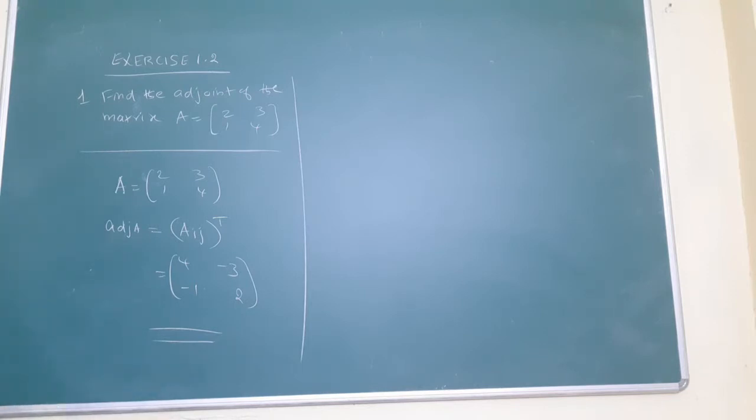One more method is there. Cofactor of 2, cofactor of 3, then cofactor of 1, cofactor of 4. In this way, you will find all the 4 elements one by one. Then substitute the elements, then take the transpose, and you get the answer. That is the lengthy method. But in the shortcut method, it takes only a minute. That's why, write the formula clearly. In the first diagonal, interchange the elements. In the next diagonal, change the sign only. For 3 cross 3, this idea does not work; some other idea is needed, and a lengthy explanation will come. But here, for 2 cross 2, this gives the answer. This is very useful for one more question also. That's the first problem.